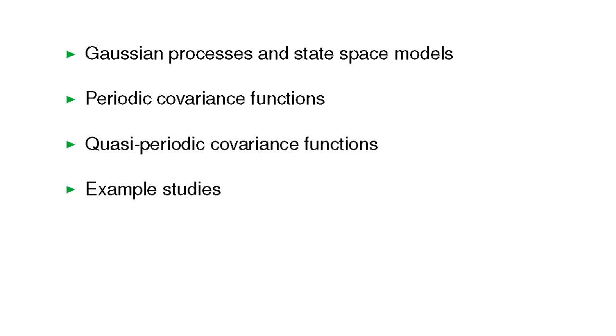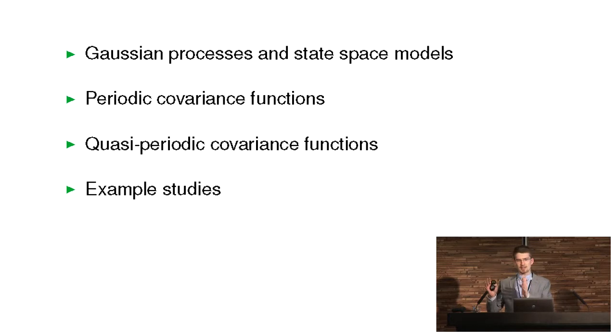The structure of the talk will be that we first go through the basic link between Gaussian processes and state space models, existing work in that sense. Then comes the main topic, that is periodic covariance functions and how to convert those to state space models. This approach is then extended to almost periodic covariance functions. And after that, I discard all the technical details and just try to give you some convincing examples that these methods can truly be used in real-world settings.